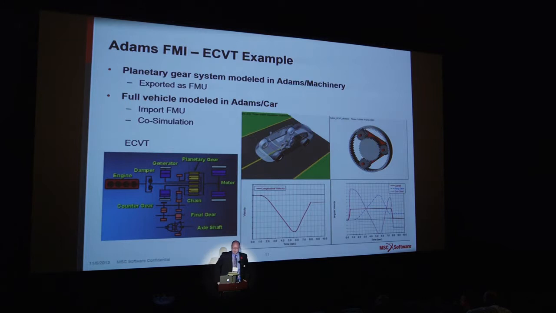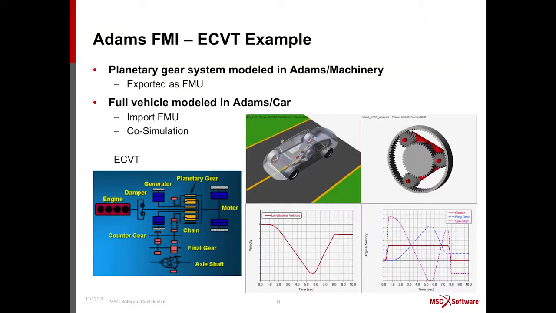Now, a couple of examples I wanted to show you. First example is something that we had fun with in Adams. This is an electronic continuously variable transmission example, where we basically use two different Adams products to co-simulate using the FMI interface. Here's an example where we modeled a planetary gear system in Adams Machinery, exported that as